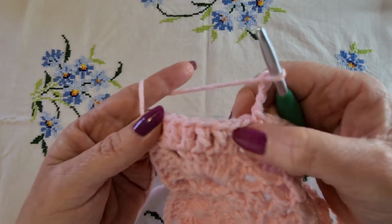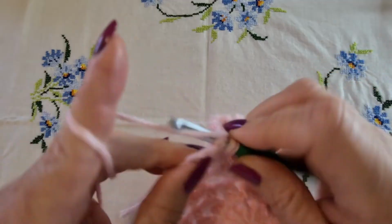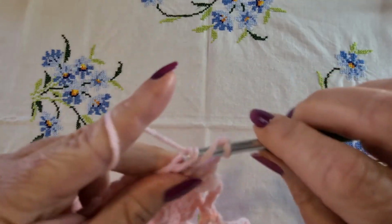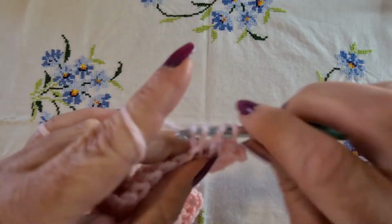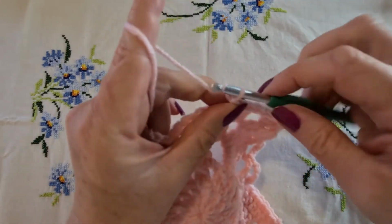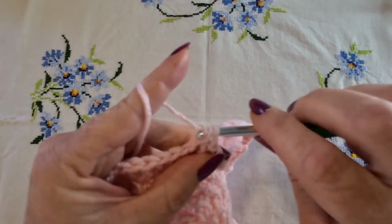Skip the corresponding stitches on the other side, so the first 2 stitches, and double crochet into the next 4. 2, 3 and 4, and putting in our corner, 1, 2, double crochet, a chain 3 and 2 more double crochet, double crochet in the next 4, skip those 2, chain 4, single crochet in the first chain 4 space, chain 4 again, single crochet in the second chain 4 space and